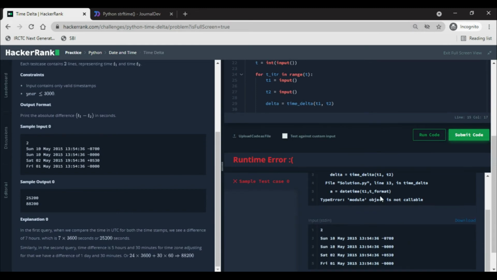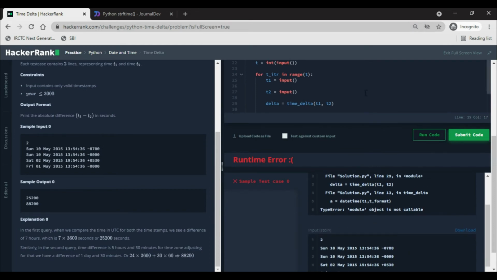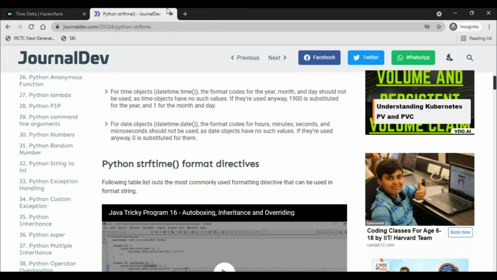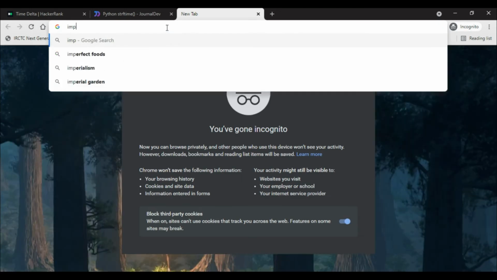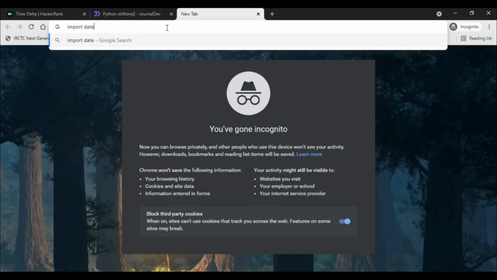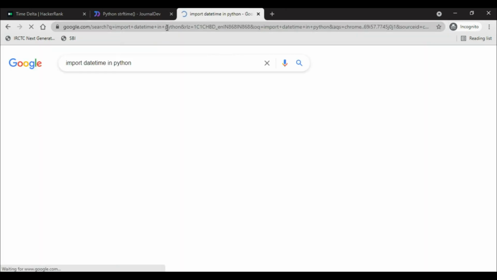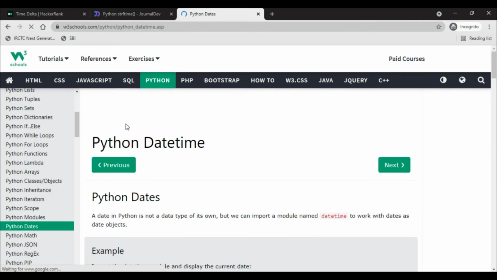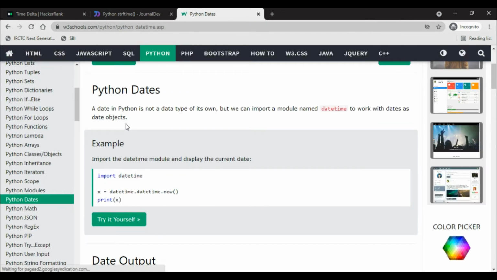Okay, so module object is not callable. Datetime. One minute, import datetime in Python.